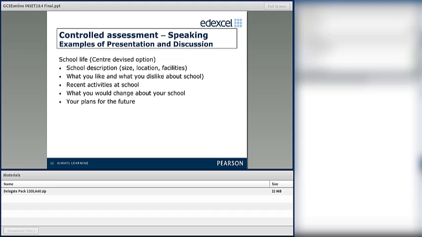These are just examples, but you may find them useful to plan your own, because what we're looking at is a variety of tenses and variety of lexis and structures. So ideally, having a variety of tenses, like something in the present tense, like describe your school, something about the past tense, what you've done recently, something about the future plans, and perhaps something a bit more challenging, like what would you change, what advice would you give, possibly requiring them to use the conditional. Some basic ones like sarebbe meglio. We don't require very, very complex sentences, but obviously the more variety the better.